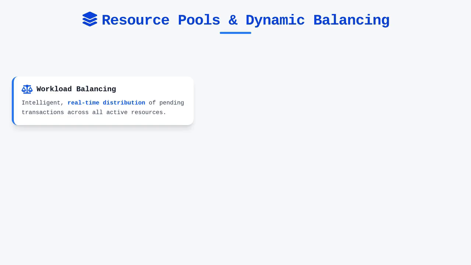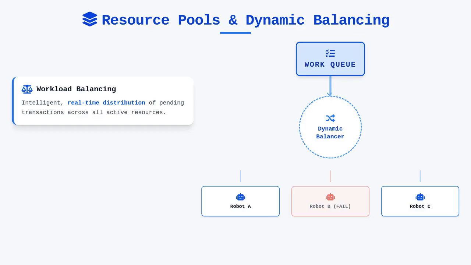The primary advantage of using resource pools lies in the automatic implementation of dynamic workload balancing. When a process is configured to pull items from a work queue using a resource pool, Blue Prism intelligently distributes the pending transactions across all available active resources within that group. This distribution happens in real time, ensuring that no single machine is overwhelmed while others remain idle, which effectively optimizes